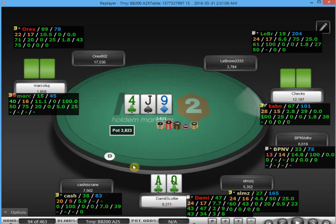We can turn a 10, we can turn a club, we can turn a queen, a king, an ace. There are so many good turn cards for us that give us more equity that it's okay just to check back here. And we'd also check back here, like I said, with flop top set. Middle set I bet because they're going to have more jack kickers they can continue with. But if I am betting here, it's always small. It's going to be like